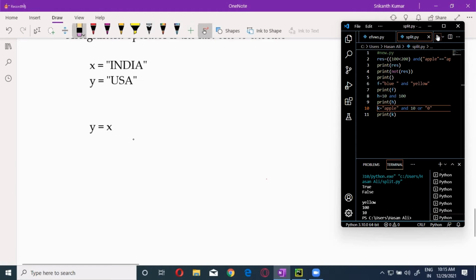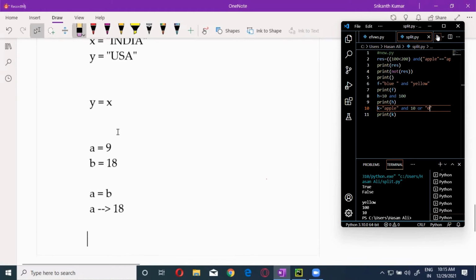If I have A is equals to 9 and B is equals to 18, and I say A is equals to B, what is the value of A? 18. The value of A will be 18 because the flow is from right to left.